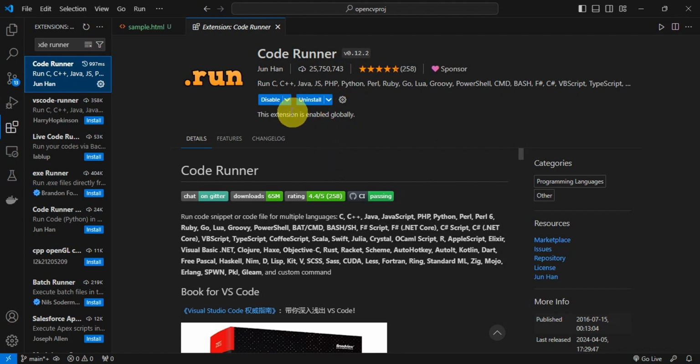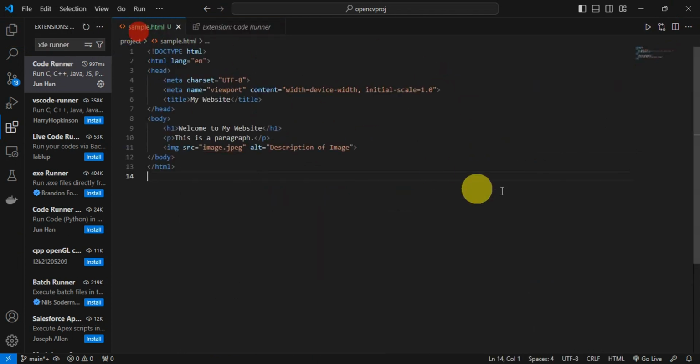So you could check also if this one is disabled or enabled. Make sure that this one is enabled. So if it is showing disabled, then this one is already enabled. Right after, you could do a quick refresh onto your Visual Studio Code by going out and then opening it back again. The next step that you could try out is to go back here onto your code